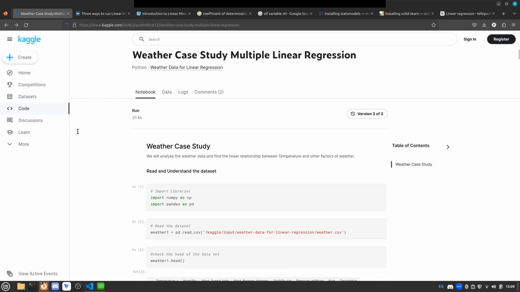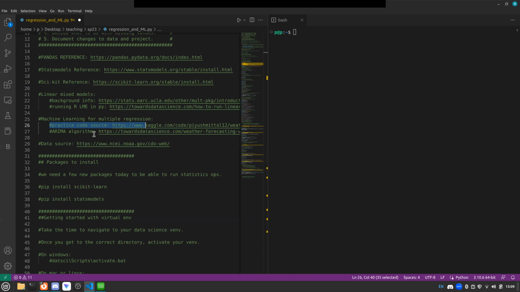And then this other link right here that says ARIMA algorithm. That is a specific algorithm that is commonly used to predict and forecast weather. So there's another link there, essentially doing the same thing that we're going to do today in class from the code on line 26, but with the ARIMA algorithm,